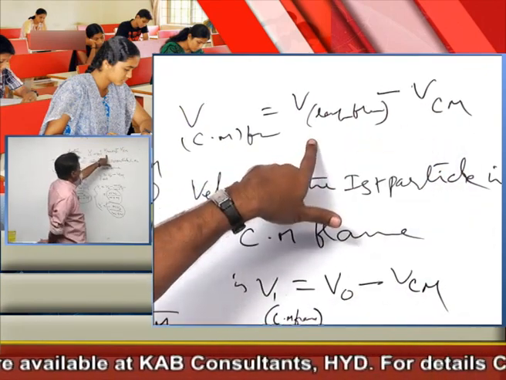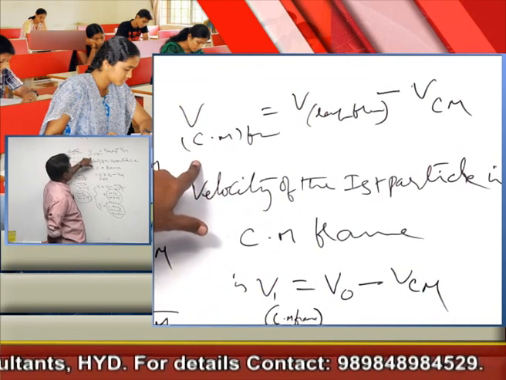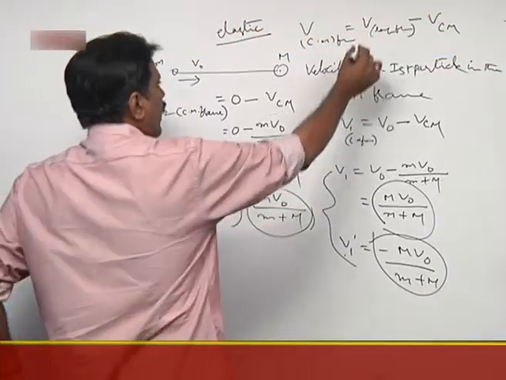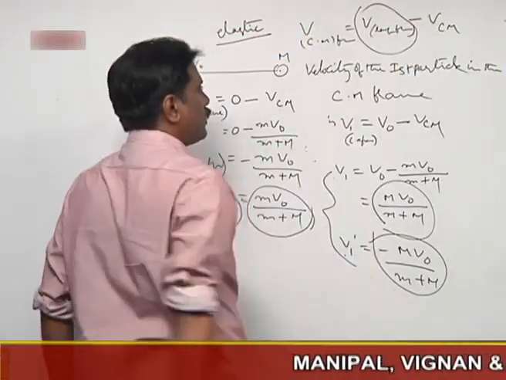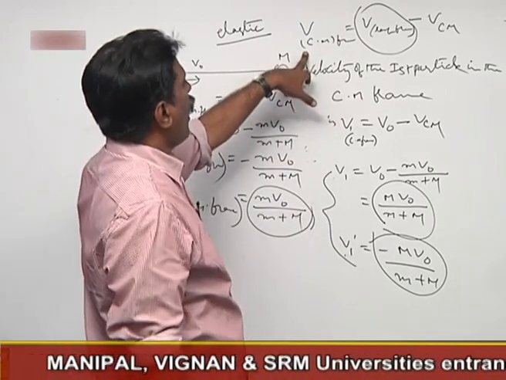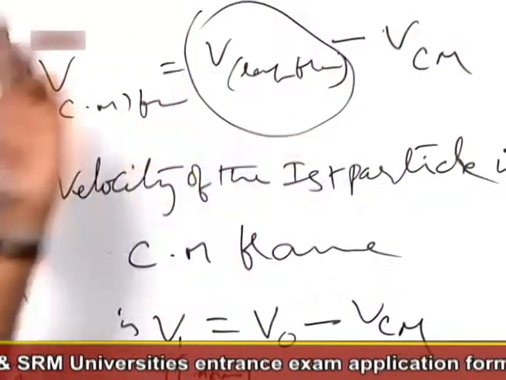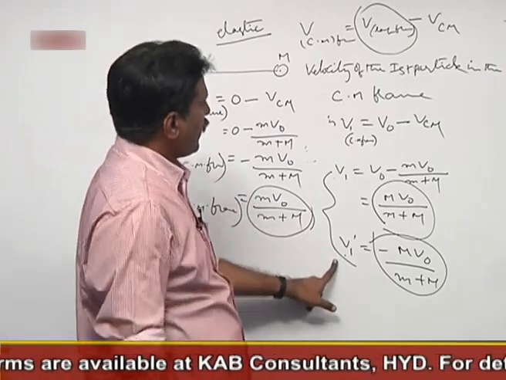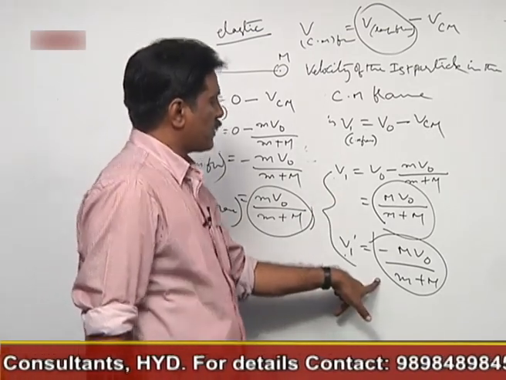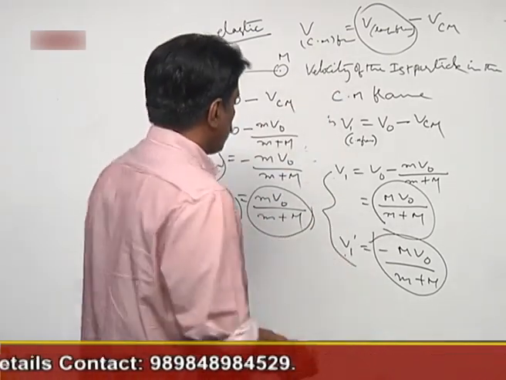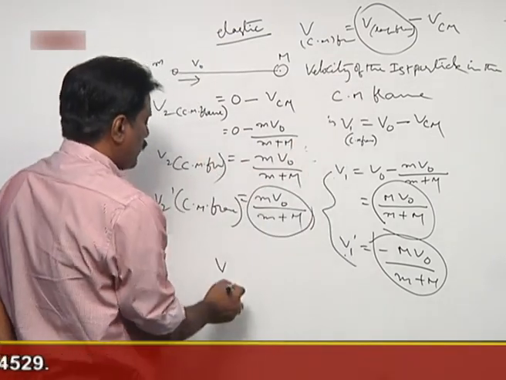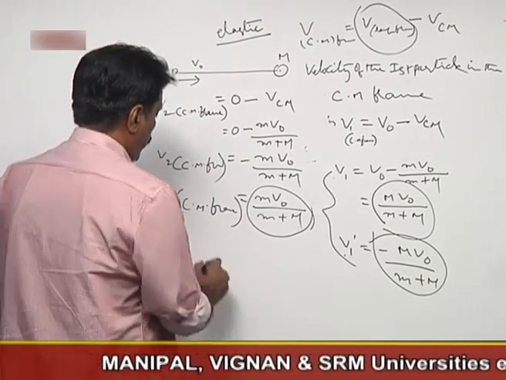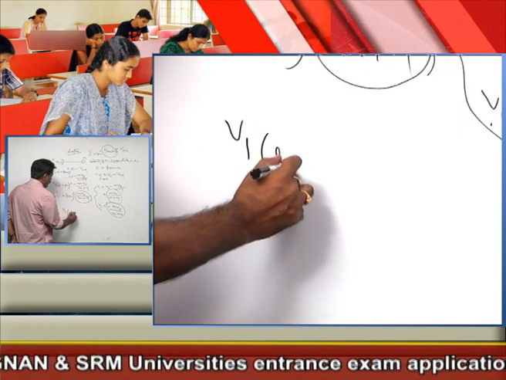So, velocity in the lab frame is equal to velocity in the center of mass frame plus velocity of center of mass. That means, if you take the first particle, its velocity after collision in the CM frame is this value. If we apply this formula, the velocity of the first particle in the lab frame, the final velocity in the lab frame,